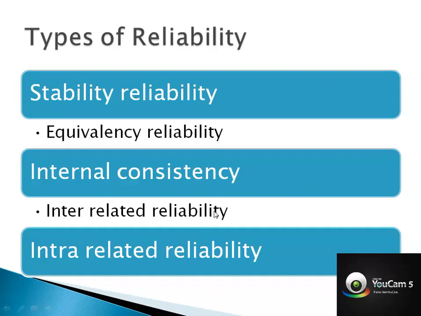In interrater reliability, two observers use the same tool at the same time, and you correlate both observers' results. In intrarater reliability, one observer uses the same tool at different times, and compares both results. Clear? So reliability is nothing but the same measurement coming out through repeated observations. The types are stability, equivalency, internal consistency, interrater and intrarater.